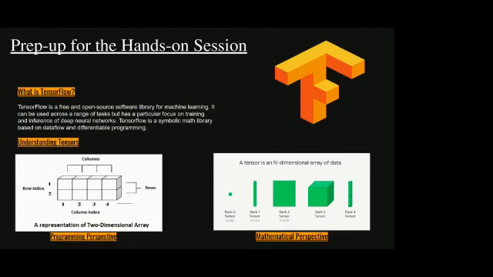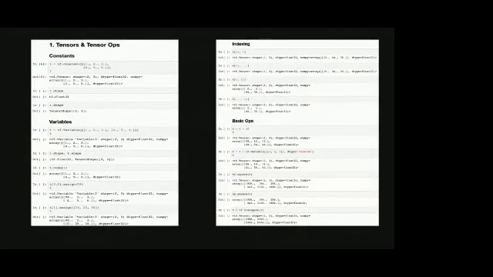So this is what a tensor is, and TensorFlow is a free and open source library for machine learning, which allows you to do all the backpropagation and all the daunting looking stuff which Shinjini had explained earlier. This type of programming is also known as differentiable programming, and that's how I guess TensorFlow's name came. The tensor flows from the input layer to the output layer and back to the input layer once again. So that's the name TensorFlow. Let's start with the basics of tensors and how you can represent data.